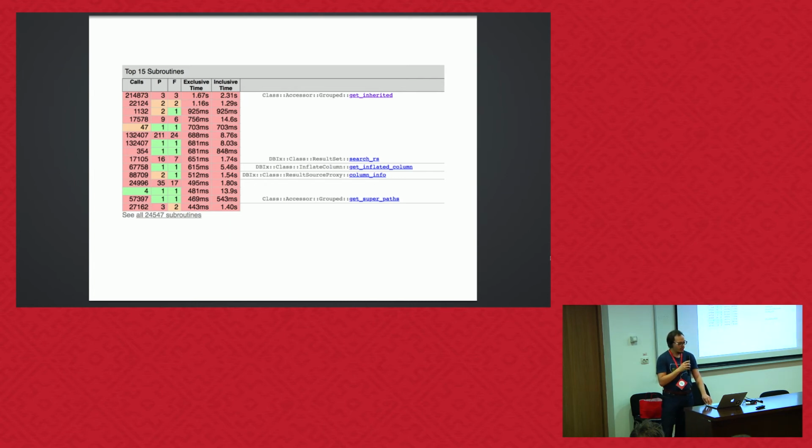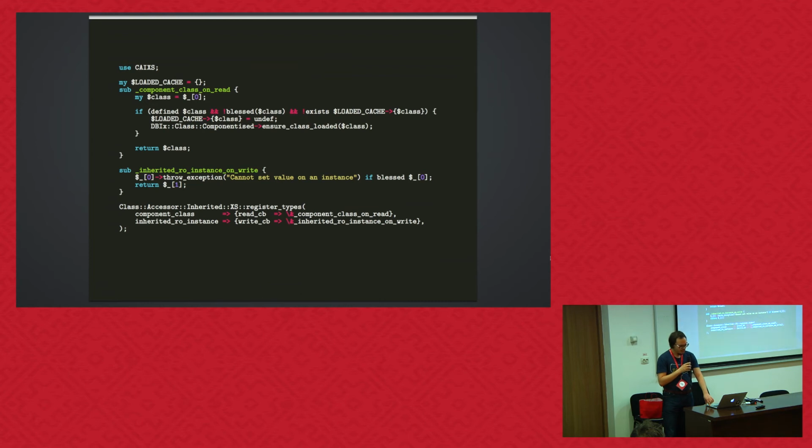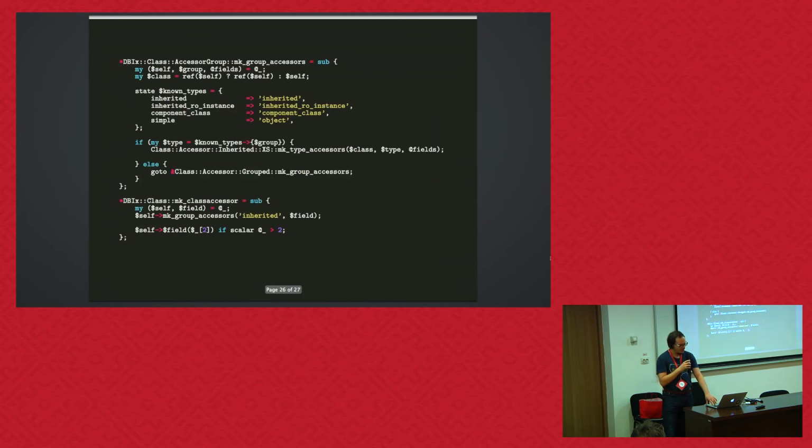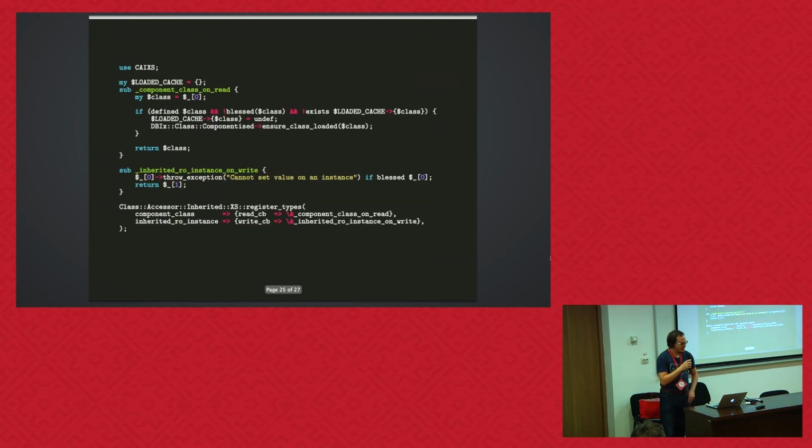So using an XS module instead of pure Perl can give you up to 15% of performance. And to do so, you have to hack into DBIx::Class a lot. There will be two pure Perl screens for it. At first, we define our own